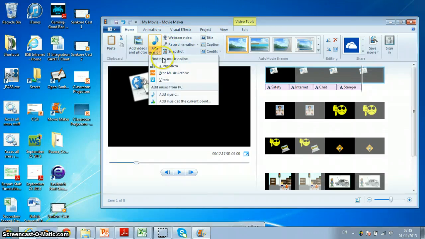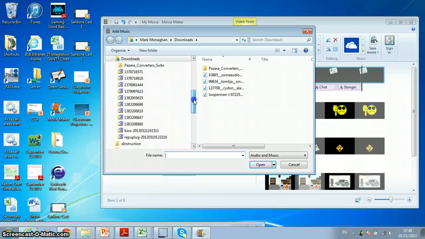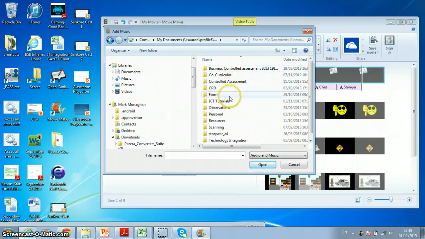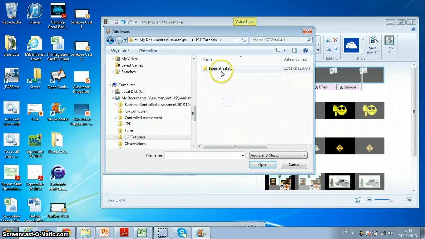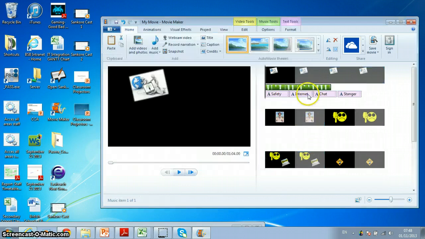I can go to these different sites to find music and things to put on, or we can add our own music from my PC. So I'm going to add that, and it's none of those. Again, it's going to be in my folder where I've saved all these sounds. So the first one is going to be introduction. So I want to insert that. So that comes in here